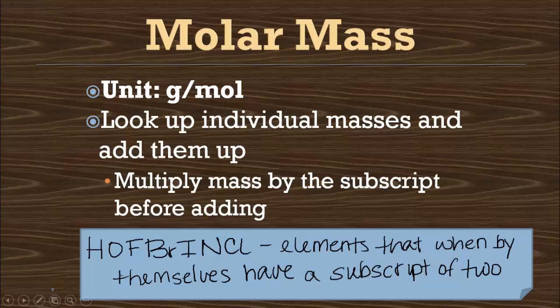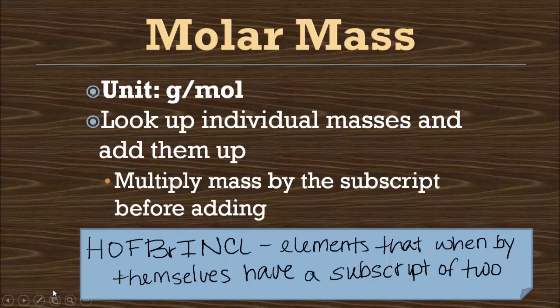So let's look at molar mass. If we remember, molar mass is a unit of grams per mole. So we're going to now look up the molar mass of our compounds instead of just an element. To do so, we're going to look up individual masses and we're going to add them up. If an element has a subscript after it, we need to multiply the mass by that subscript before we start